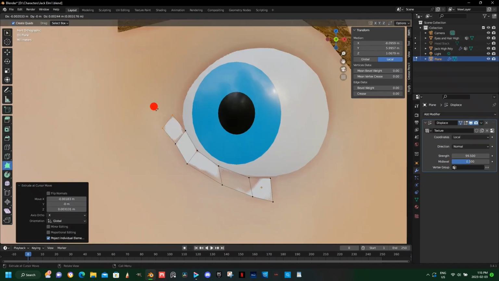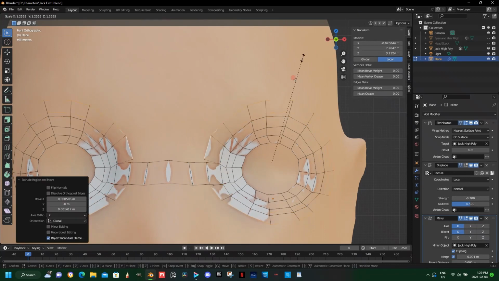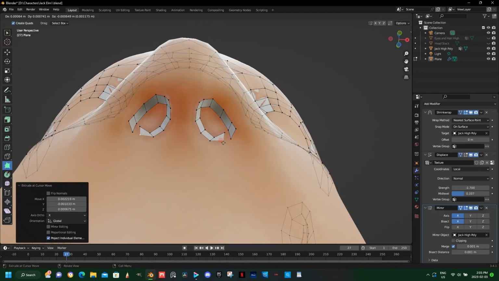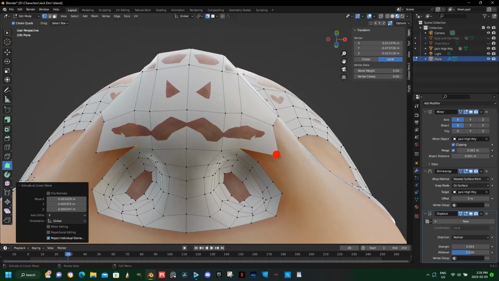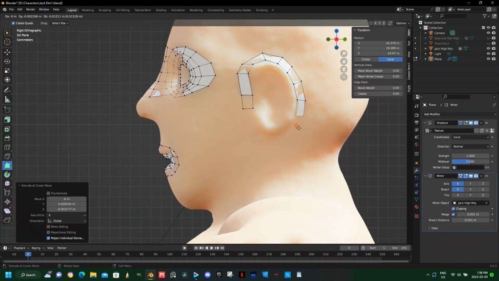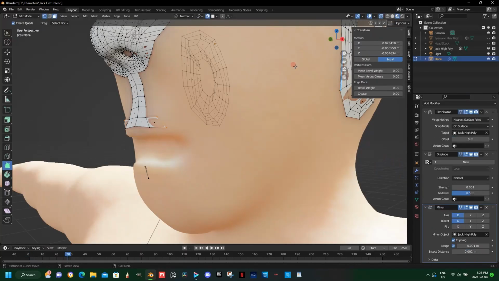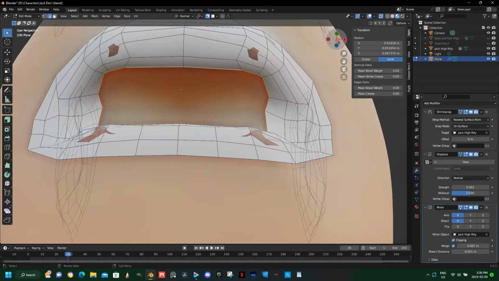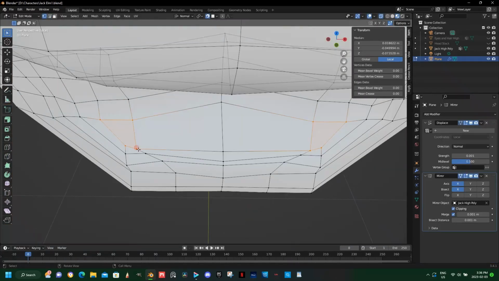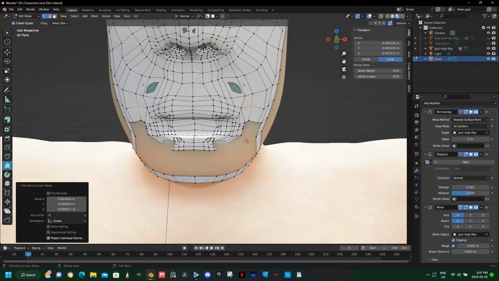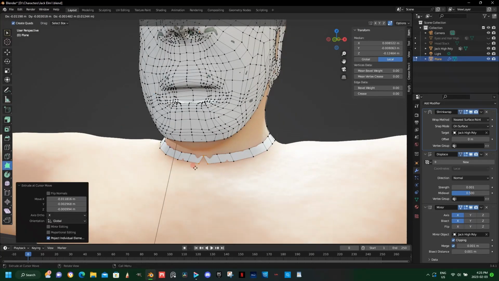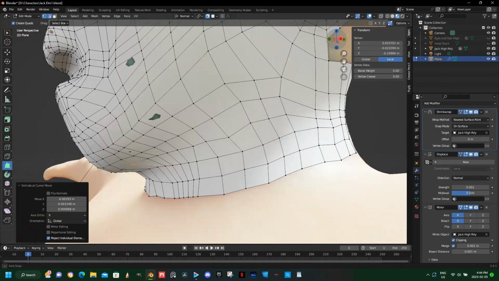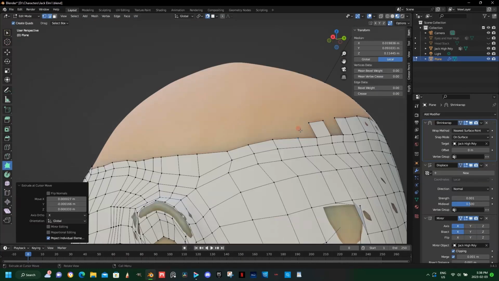I started by going around the eyes, bringing them across the nose, going around the nostrils and connecting it to the rest of the mesh. I also went around the ears, went around the mouth, and built out a shape. With that out of the way, I began forming the rest of the face, creating the cheeks and chin. I then went around the neck and built out a new neck, and then continued to add shapes until I